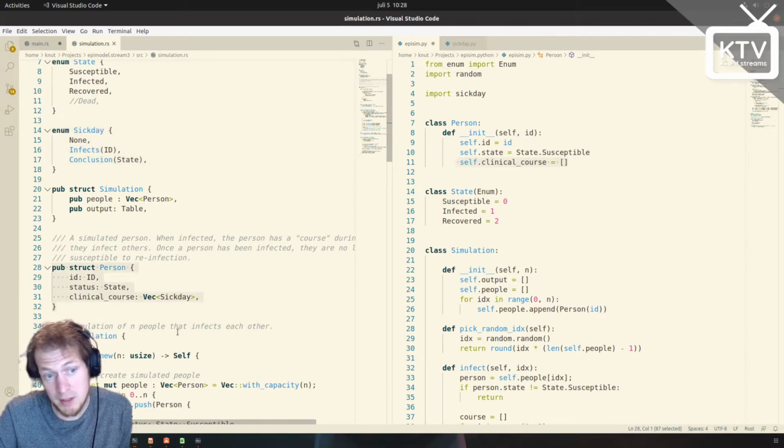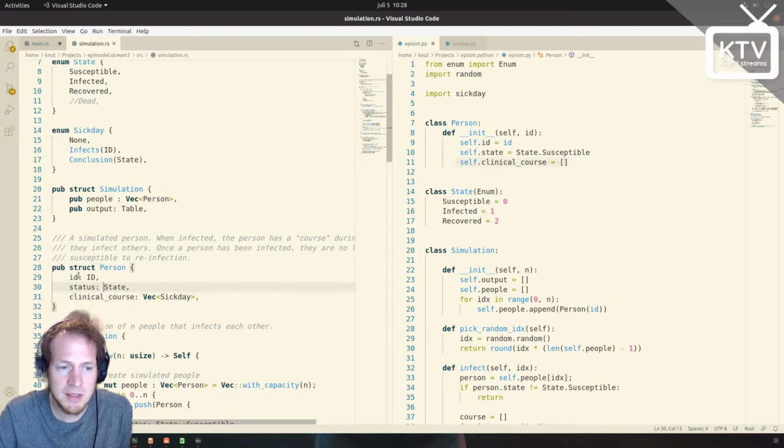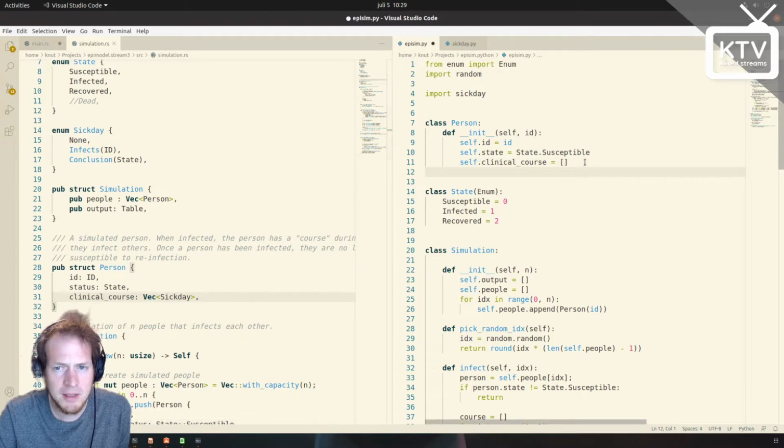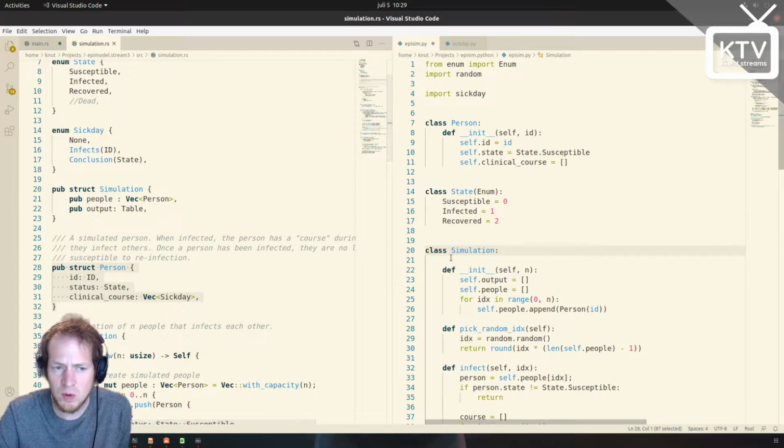The person object in Rust has to be declared differently, and you need to also have a constructor function. So in Rust, it's different. So this individual, of course, has an ID. You have to specify the types, strongly typed, status, and the state. The clinical course is also a vector of sick day objects. So here, in Python, we are creating this empty vector as we are defining the object. This you cannot do in Rust. You have to create this vector when you instance the person object. But beyond that, I think this is cleaner and expresses more what you are doing